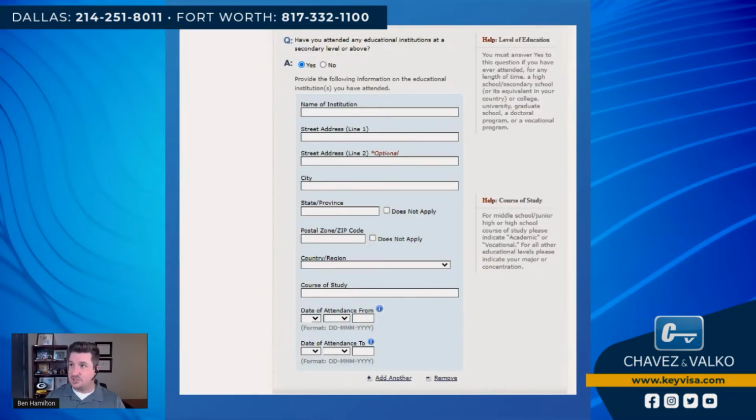they ask about education. So here's where, if you select yes, if you went to university and you have a degree, you'd be able to put it in here. If you look down at the bottom of a lot of these questions, you'll see where it says add another, right? So if my most recent education was a master's degree and I entered all this information, I'd click add another and I could add in my bachelor's education. Anyway, go to the next screen